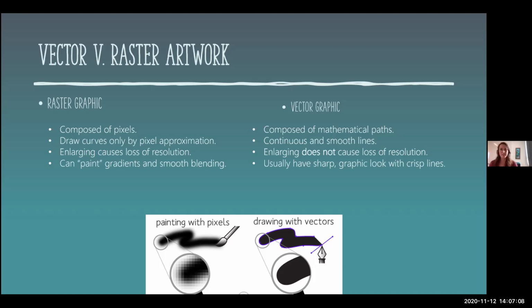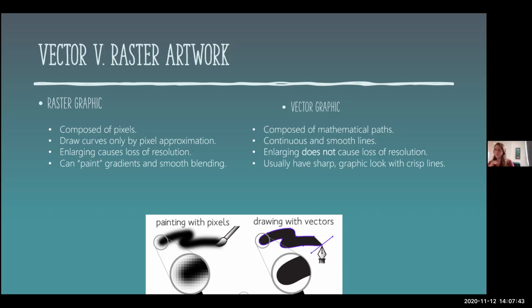But raster graphics do have the advantage of allowing you to paint. So in Photoshop, you can create really beautiful shading and highlights that would be really complex to create in a vector graphic software. There are examples of people doing really advanced things with gradient meshes, where you basically have millions of different shapes, and each of those shapes has a gradient across it, so you can achieve pretty realistic shading with vector graphics. But in general, if you want to make something look photorealistic, you want to use a